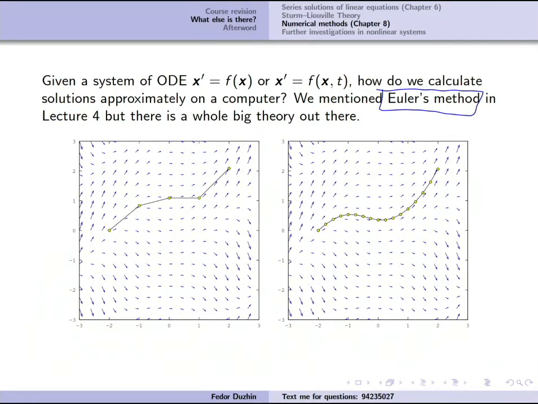So, for example, implementing the improved Euler's method would probably take like 15 minutes of your time. Well, reading what it is will take another hour, but it's not really a very difficult task. So if you're interested, if you are thinking of going into applied mathematics, you should